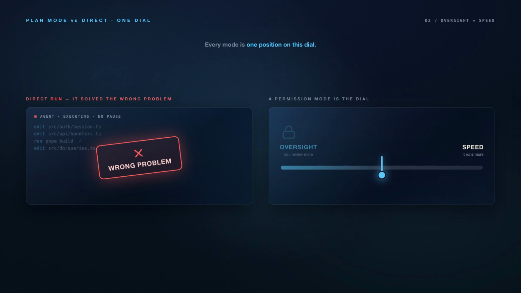The agent stops when the work looks done. Direct execution makes you the check after the work. The other direction on the dial moves that check before the work. That's plan mode. So the real question isn't, is plan mode good? It's, for this task, how hard should you lock the door?